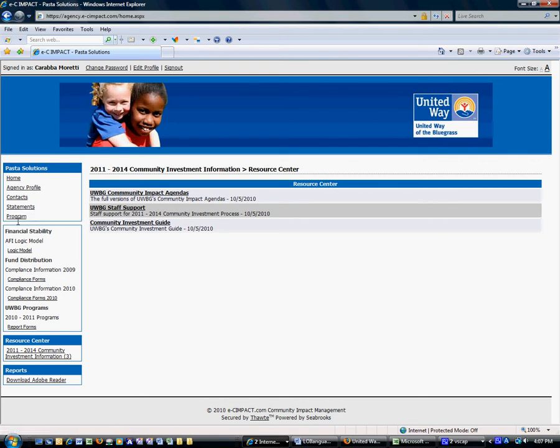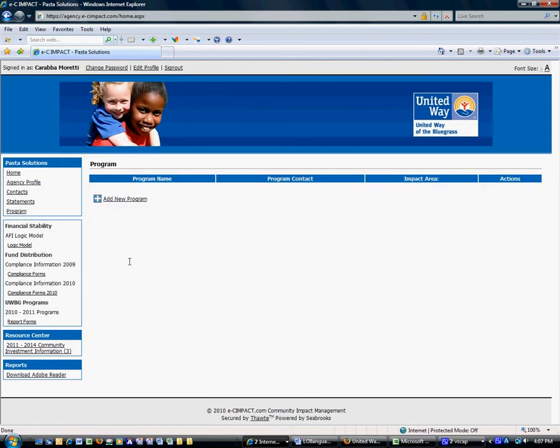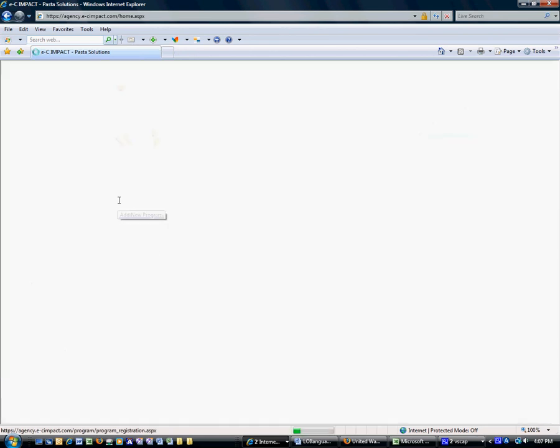To get to the letter of intent, click the program link, and once you do, you'll get to a screen. Many of you, if you've been to this page in the past, have seen all your programs listed here, and don't worry, they haven't gone away. We have just made them inactive for this part of the process. It just makes it easier on us to process the new requests, and it doesn't clutter up the screen with a larger list of programs at this point. To access the form, please click here on Add New Program. That will open the form,